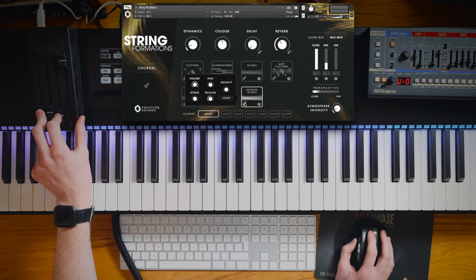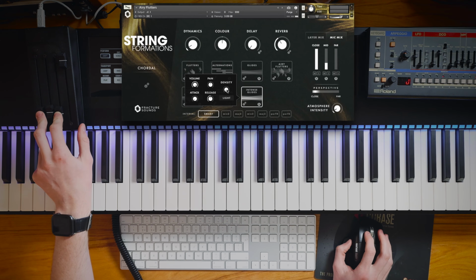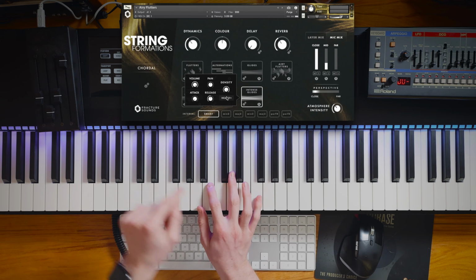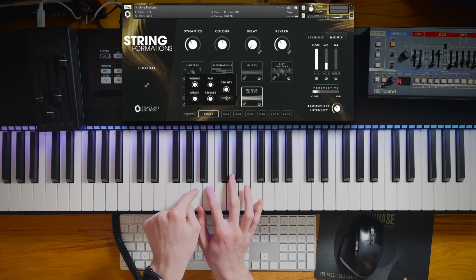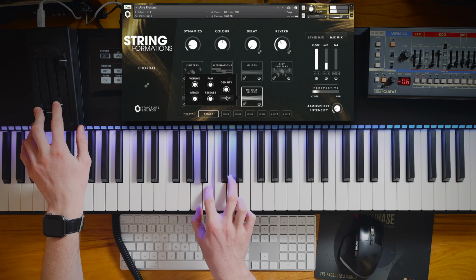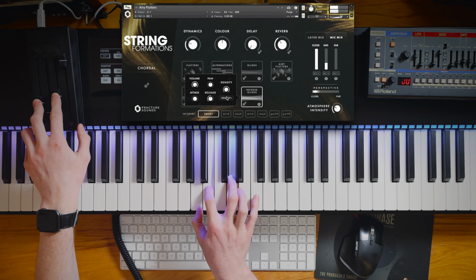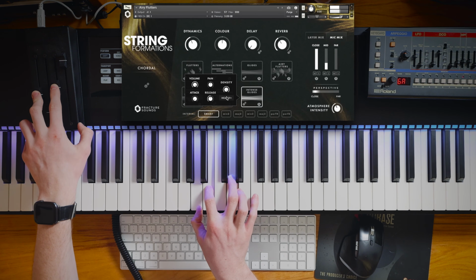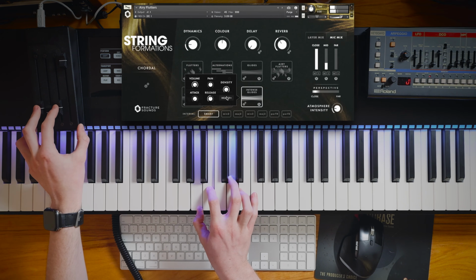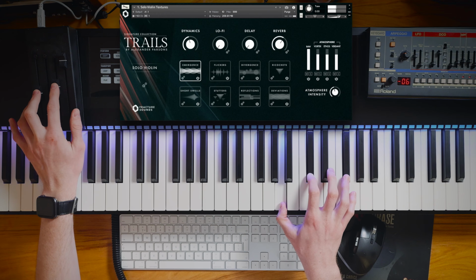If I hit on the cog here, we can change the density of these. So if I go all the way up to heavy plus, this is going to enable all of the transitions, A to B, B to D, A to D, and also add a soft layer underneath. With a library like Trails,